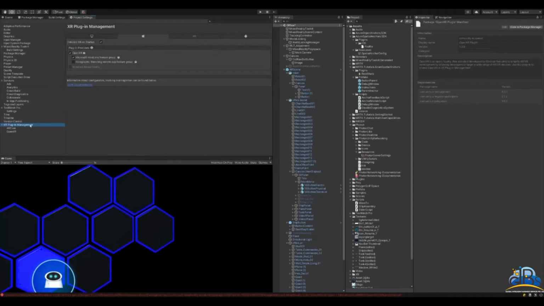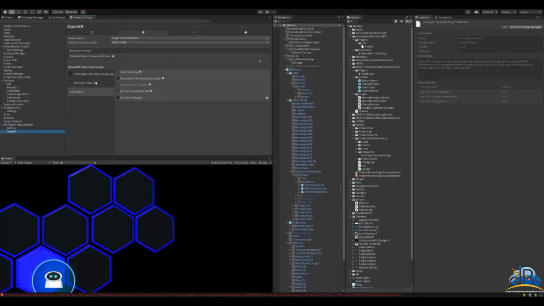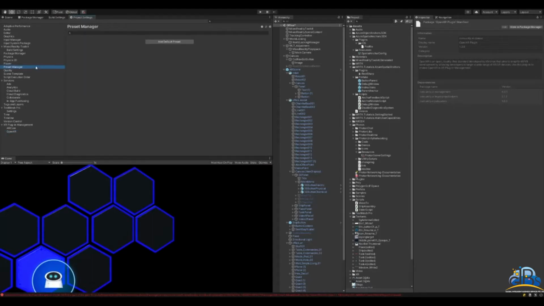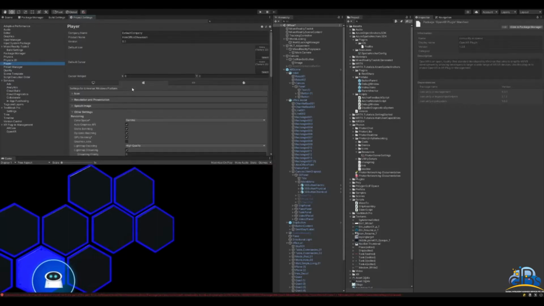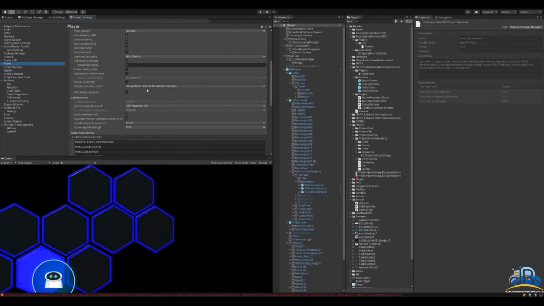And lastly, for project settings, you need to be in the XR plugin management, set the initialize XR, OpenXR, and Microsoft HoloLens feature group. And as for the OpenXR, once you set it up, you just need to select everything here, and it should be good to go. And also in the player section,